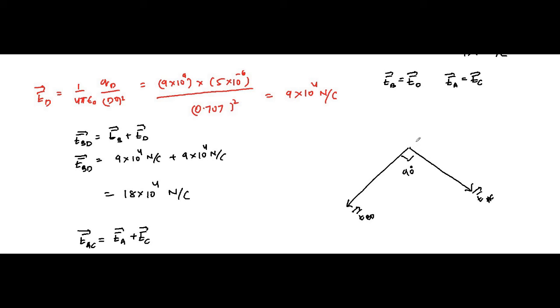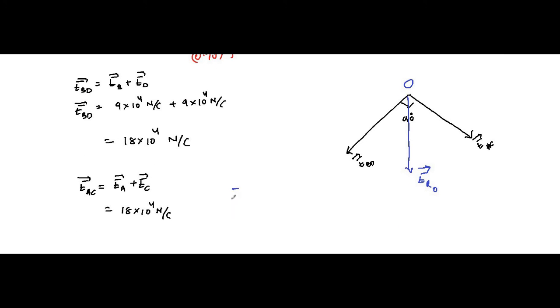Hence the resultant of these two vectors, which is the net electric field at O, the resultant electric field at O, is equal to the ER vector, the net resultant electric field at O, which is equal to the square root of EAC vector magnitude whole square plus EBD vector magnitude whole square, that is the magnitude, which is equal to